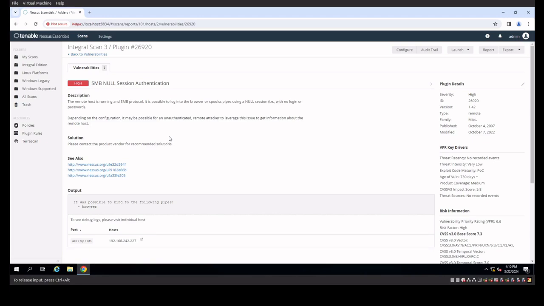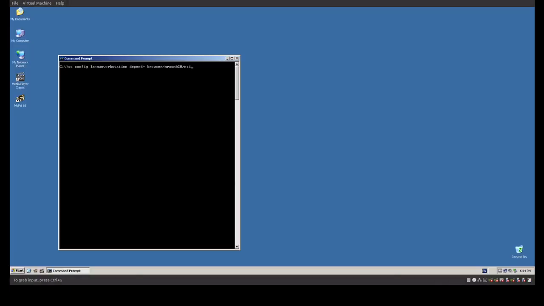I'm going to run a command on the XP machine to try to disable CIFS and SMB1 completely, and then run the scan again and see if that makes a difference. So let's jump back over to the XP system. Okay guys, now that we're on the XP machine, I'm just going to attempt to run the sc config command to actually disable the SMB1 configuration and CIFS to see if that makes any difference before I run